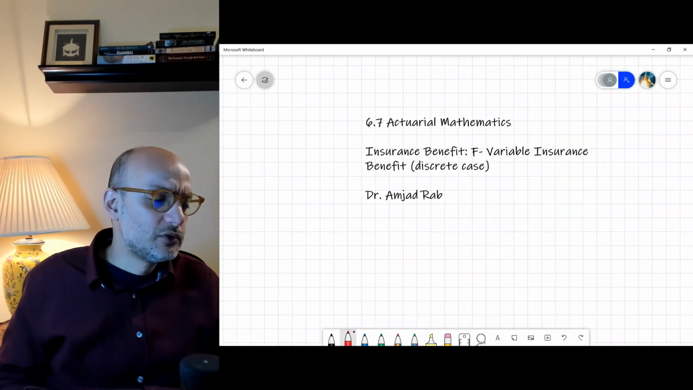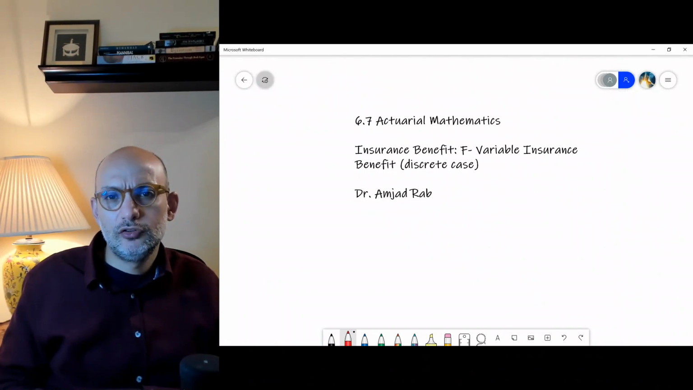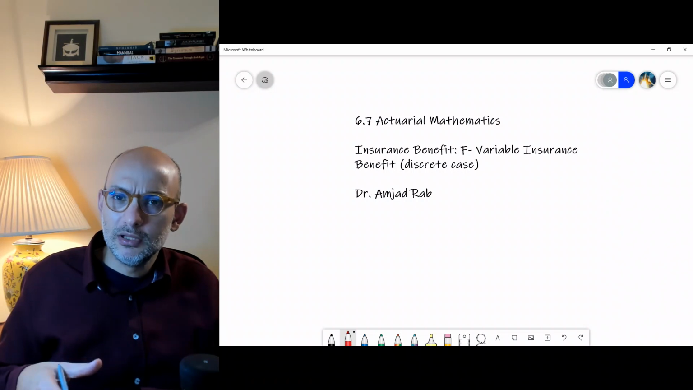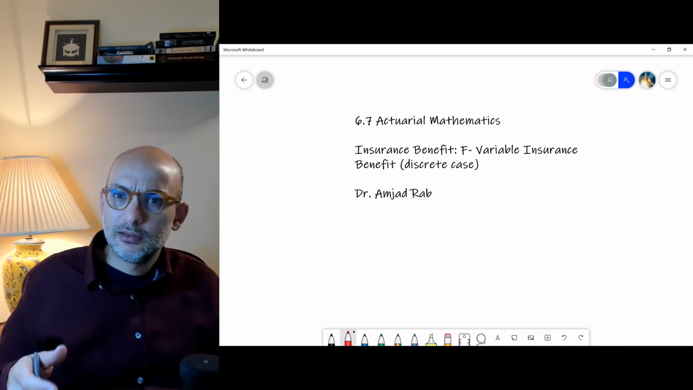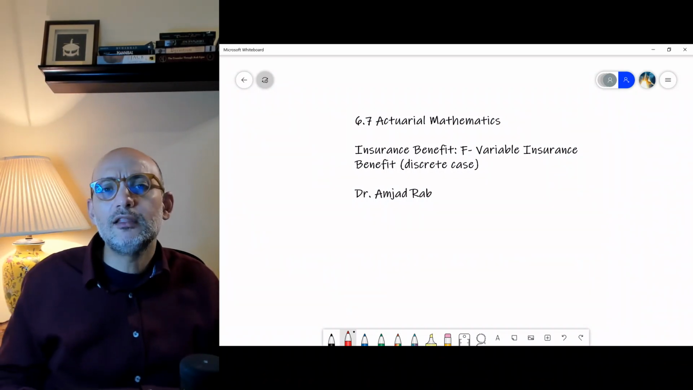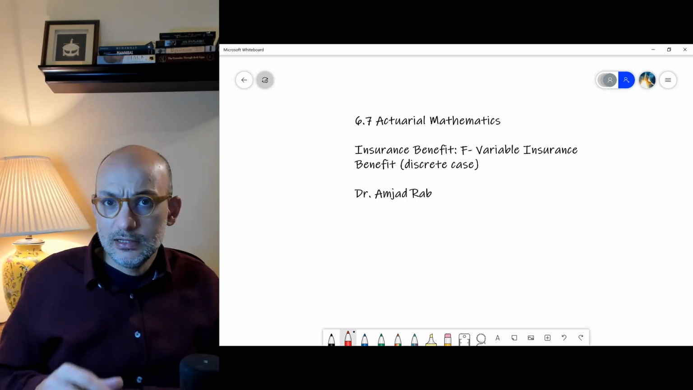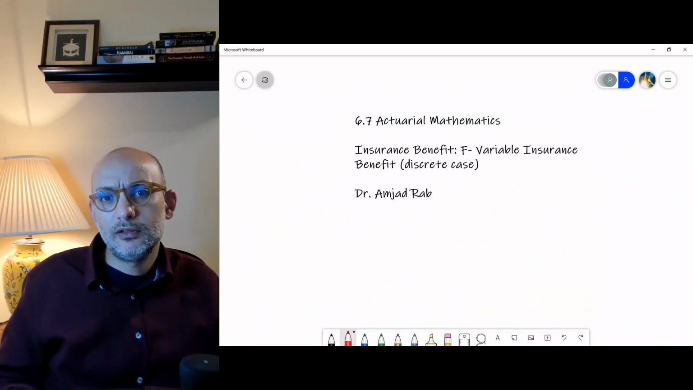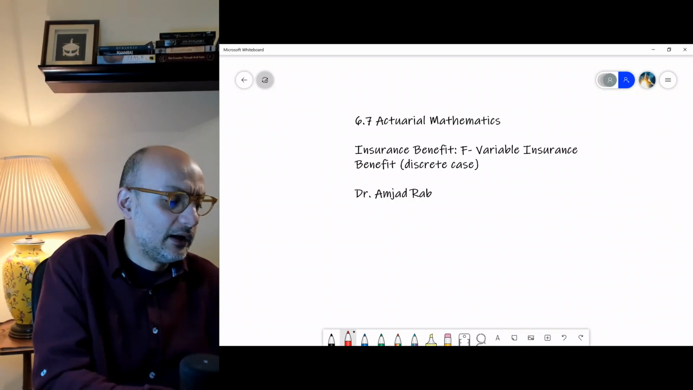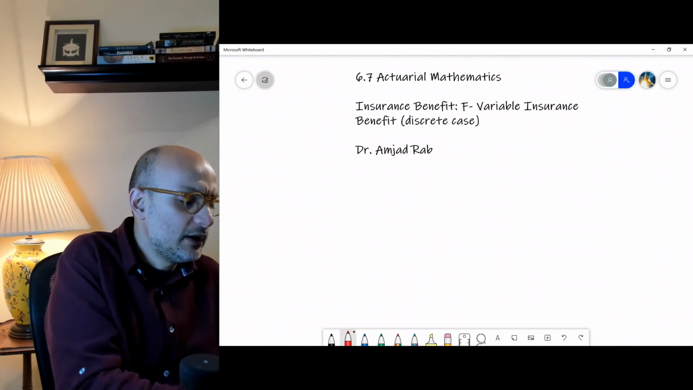But now it's a more realistic case that there is a gap, like the benefit will not be paid at the moment of death, but it might be at the end of the year. So we look at the end of the year, and increasing or decreasing benefit, but the benefit is paid at the end of the year. So let's start with